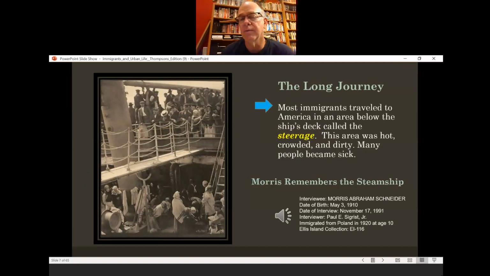So this long journey, wherever it began, they paid basically $30. That's pretty common, that was the amount that they paid to be in steerage, which is below deck. It's a very hot, dirty, crowded place. And there would, of course, be passengers that had money, and those tickets could range from anywhere from $40 to $90. This is the first class passengers, people who could afford something a little nicer. And as I mentioned to the folks in class, if you've seen the movie Titanic, you get a pretty good idea of the difference between the ones that are well-to-do and the ones that are down below, if you had a chance to see that movie.